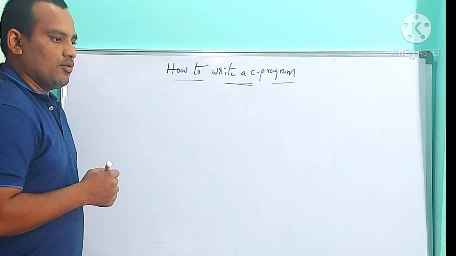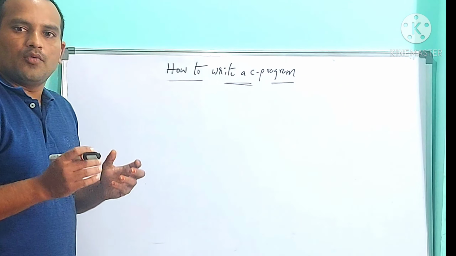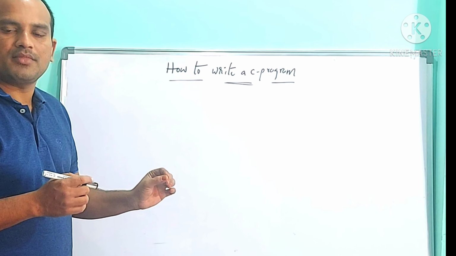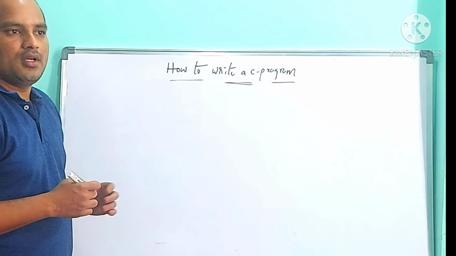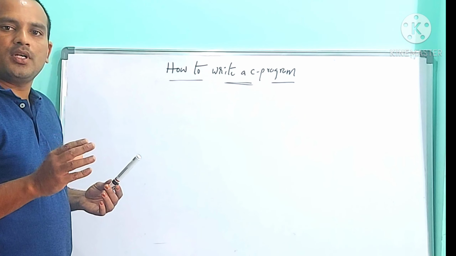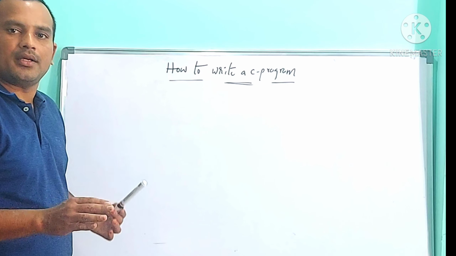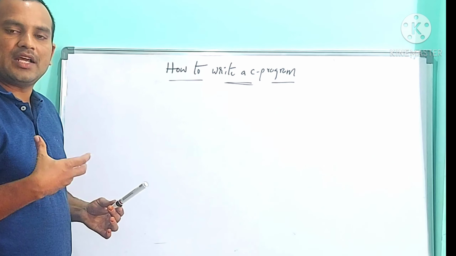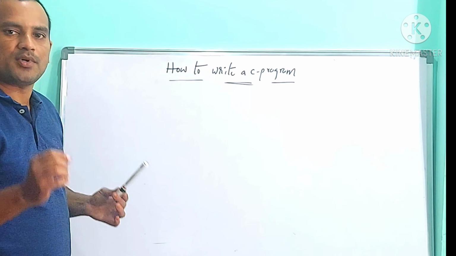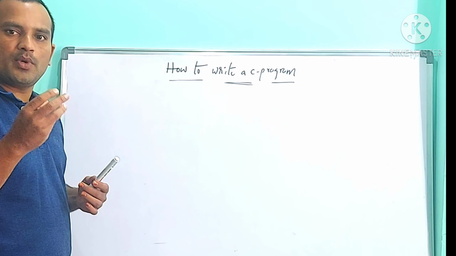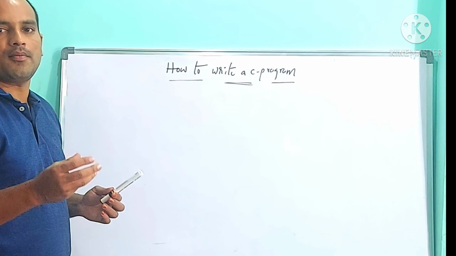I told you, while writing a C program, we need to follow some mandatory steps. Mandatory steps means compulsory steps. The first one is the document section. I told you the document section is not mandatory, but experts recommend using it in every C program. As a good programmer, we need to use a document section in our C program.